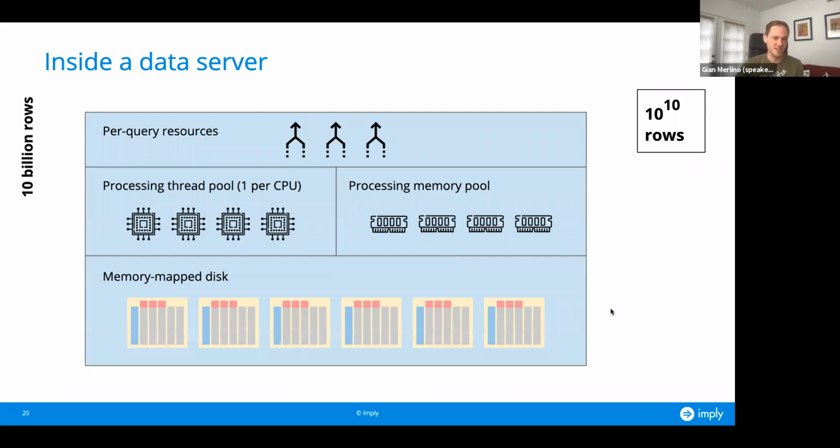Druid, like all programmers, the programmers that write Druid are lazy. And like all good lazy programmers, which is a virtue, I think, I think it's better if programmers are lazy. The ones that aren't lazy are writing a bunch of code that is not really necessary. So like all good lazy programmers, we will let something else handle something if it makes sense. And so we let the OS handle the